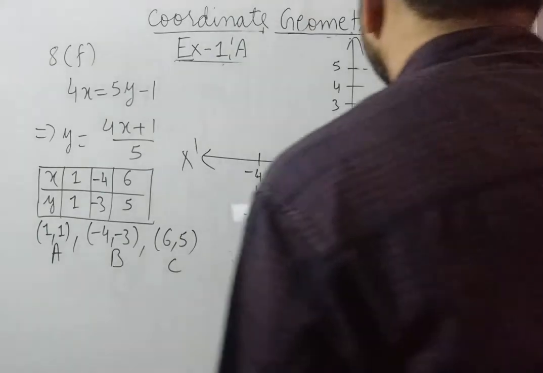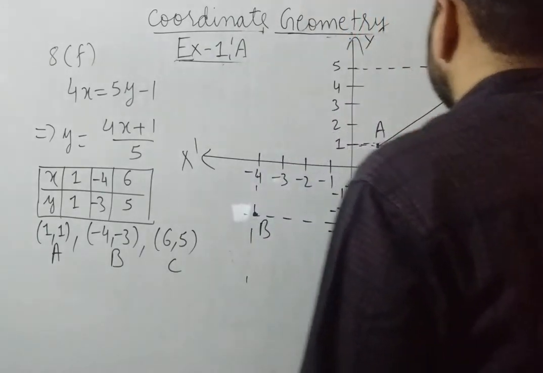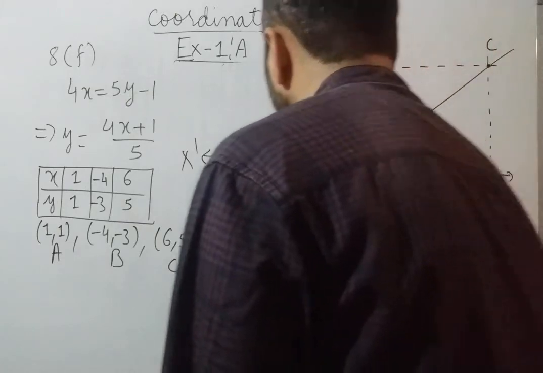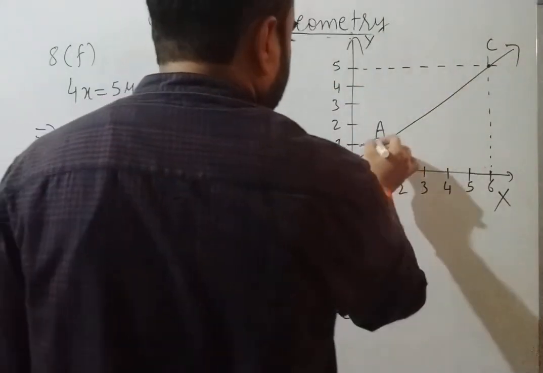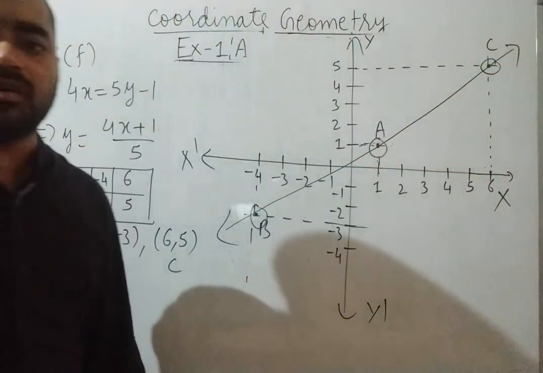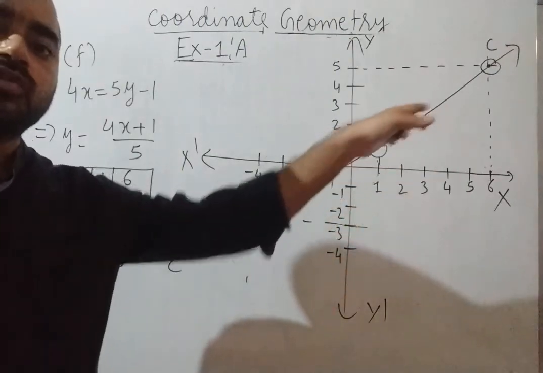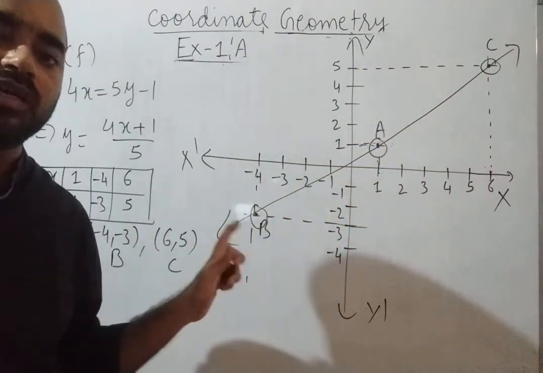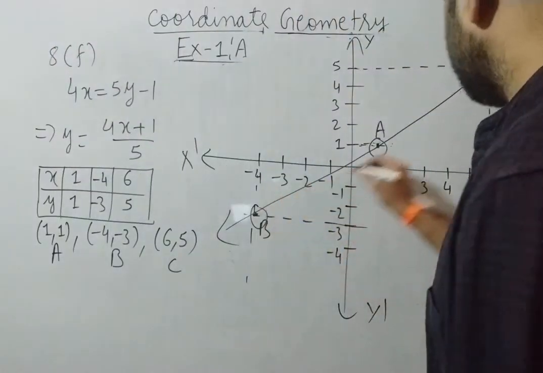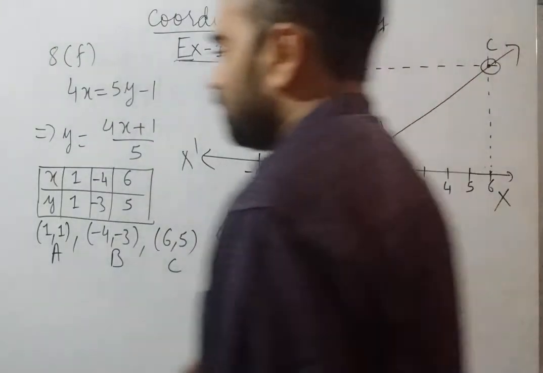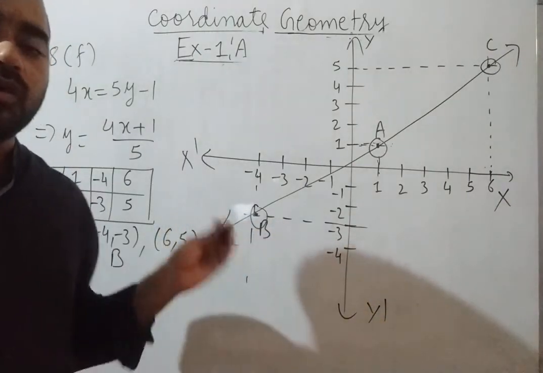Now we have to join all the 3 points. So join the points, this and this. Here I have drawn not a perfect straight line, but after plotting correctly, when you join the points, that will definitely give a straight line, correct? So this is the method. I was explaining the method. Okay, now you can plot.